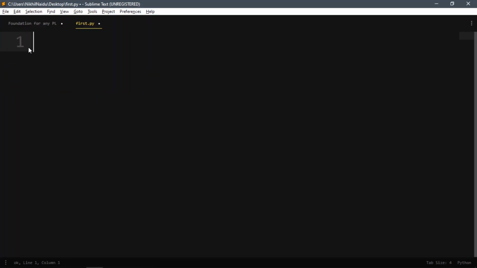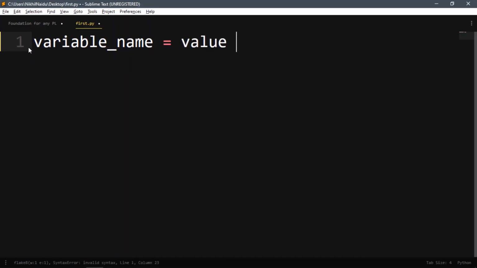In other languages, those are two different steps, but in Python, they can be condensed into a single statement. You should have a variable name, then an equals sign, then a value.